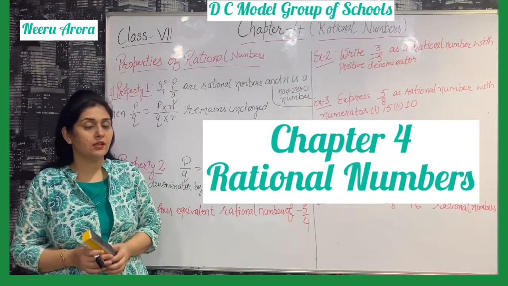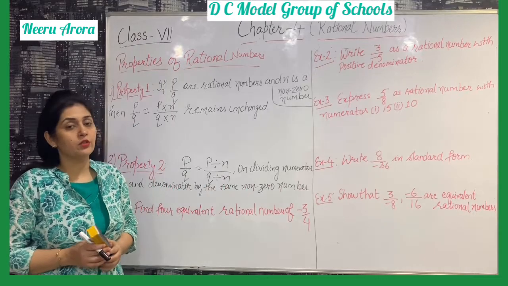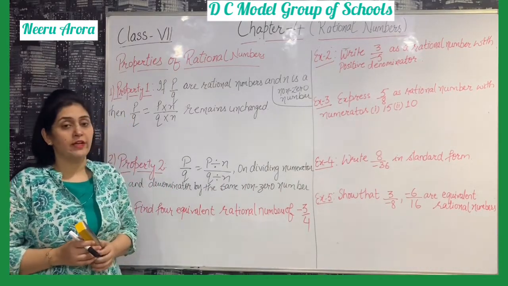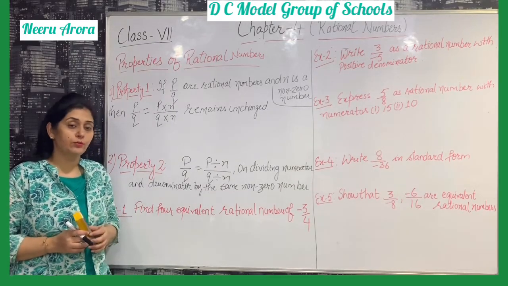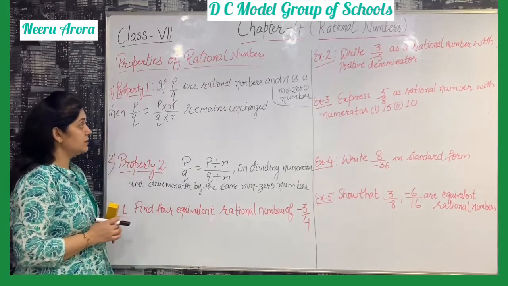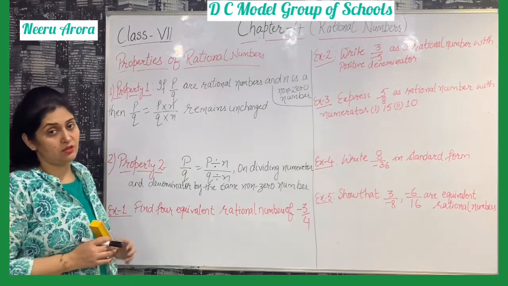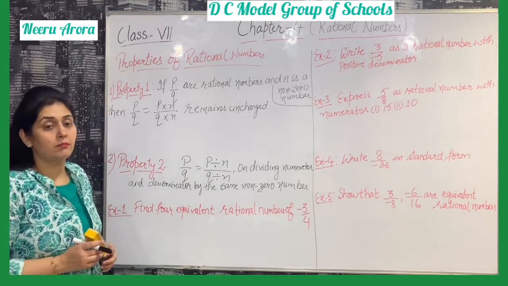Students, let's continue chapter 4, rational numbers. Now we are going to discuss a few examples of the exercise. First, before that, I am going to tell you the properties of rational numbers. The first property of rational numbers is that a rational number remains unchanged if its numerator and denominator are multiplied by